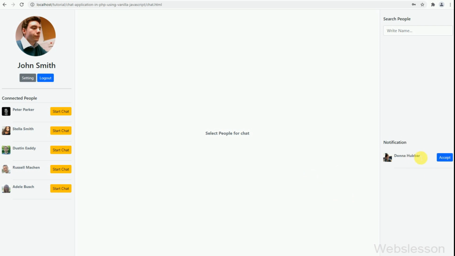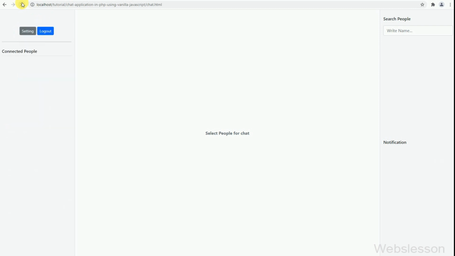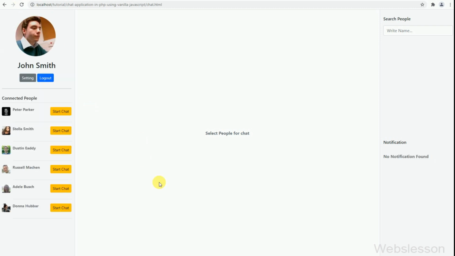Now suppose John Smith wants to chat with Donna Hubbard, so he has to click on this accept button. So here, we have clicked on the accept button. After clicking on the accept button, we can see that Donna Hubbard's chat request has been accepted by John Smith, and Donna Hubbard has been added in John Smith's connected people area.